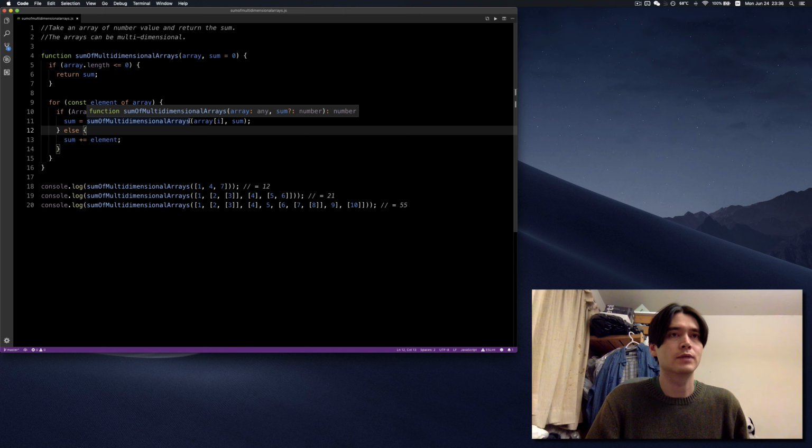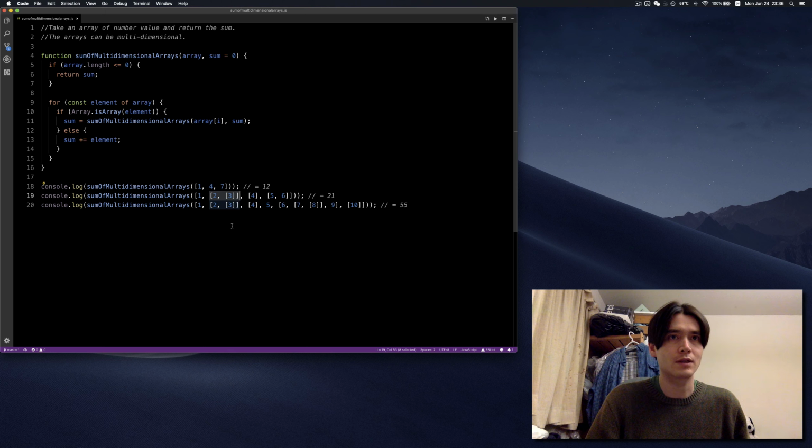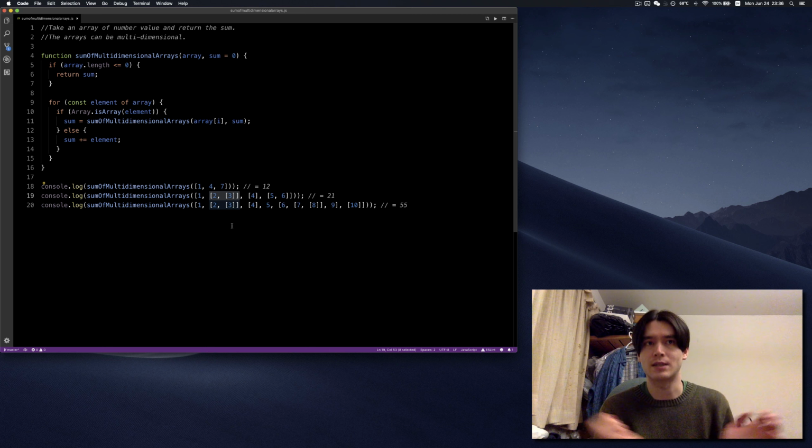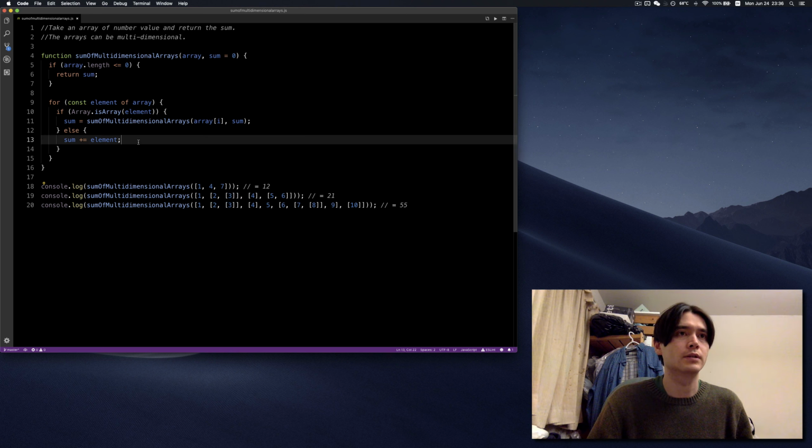Sum of multidimensional arrays, we're passing in now this array. Exactly what I've highlighted, which is the 2 and the array of 3 contained within an array. So the length of this array is 2, but 1 is a number, 1 is an array, which contains a single number. All right. So it calls recursively. Yeah, I think the recursion makes sense, because as long as it's an array, so once it reaches 2, then